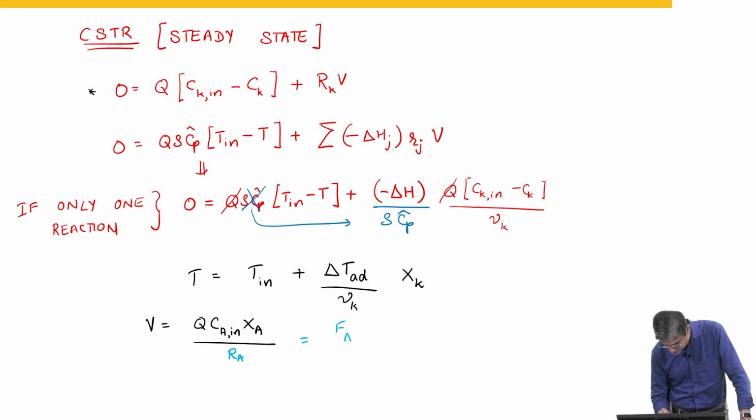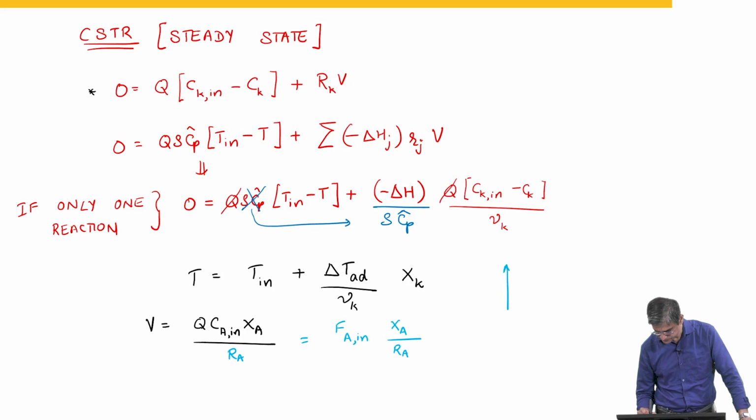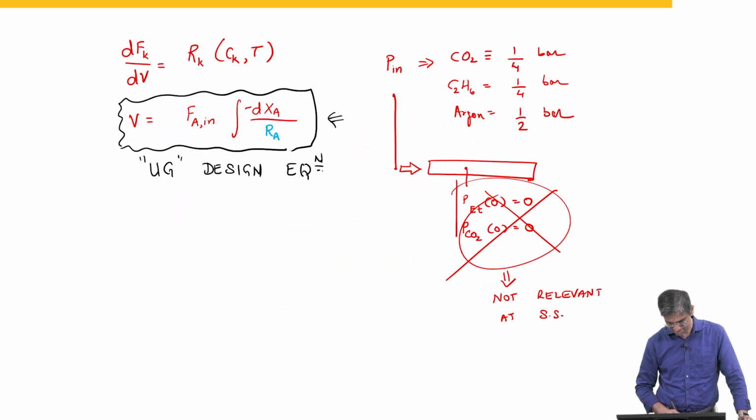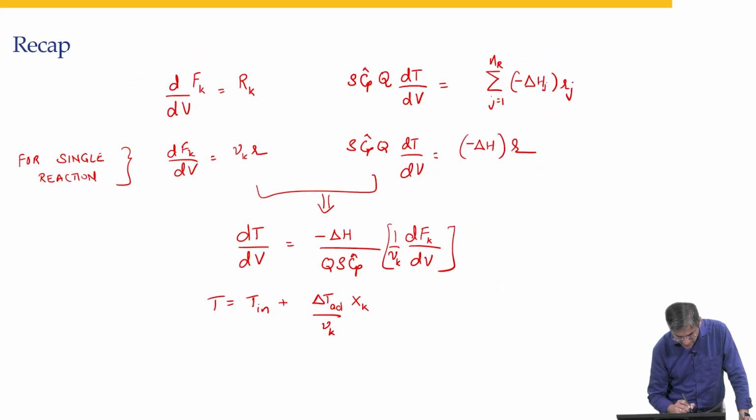Or we can write this as, okay. So, if you were to plot one by RA versus XA, and here also if we were to plot FA in,